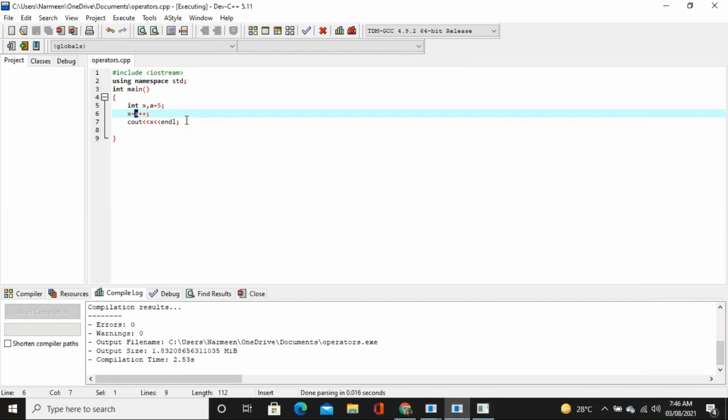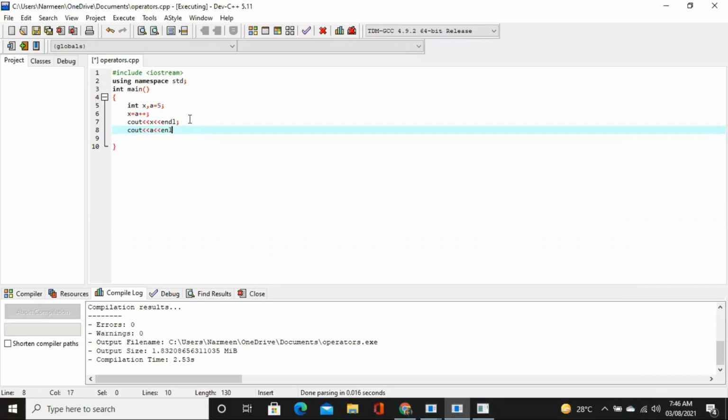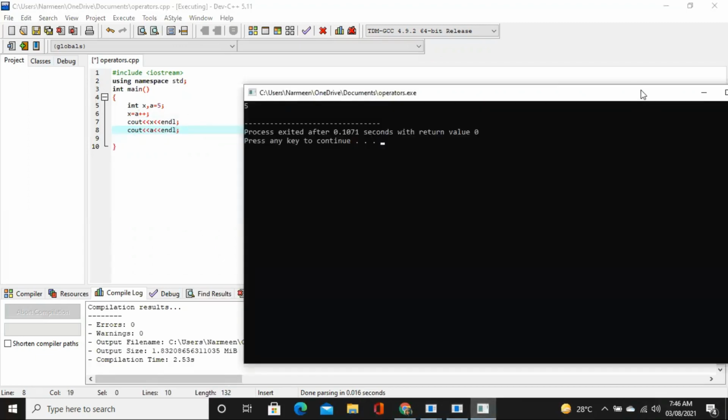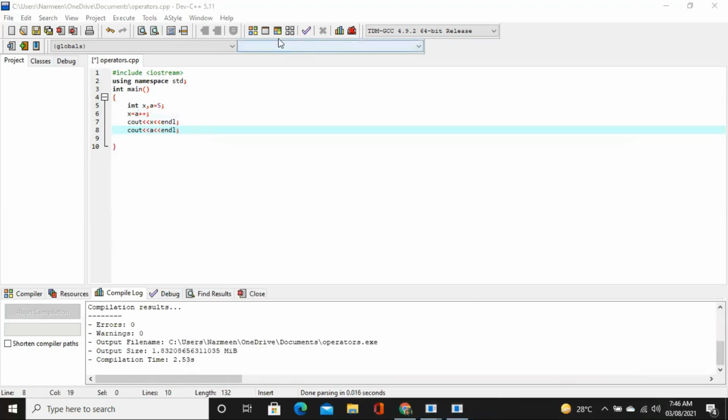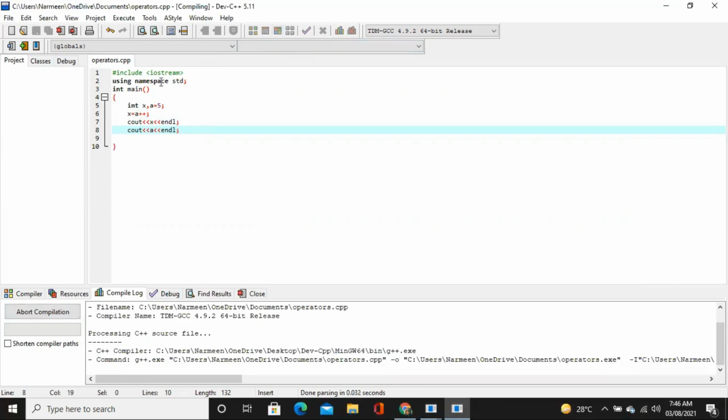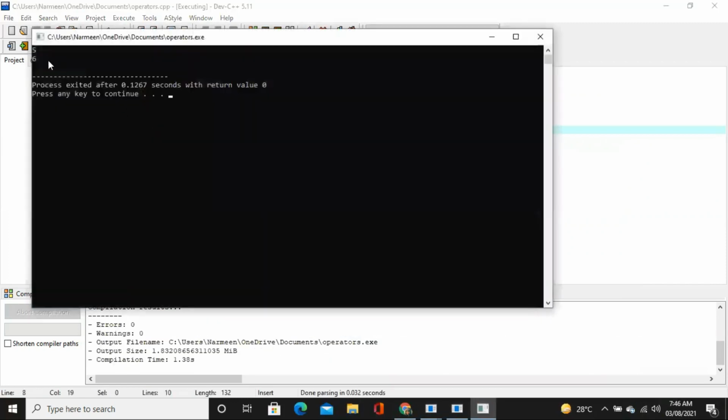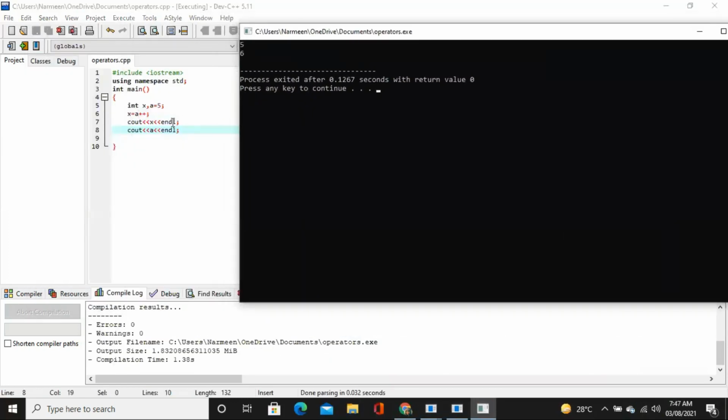If you did cout a over here, you would still get 6, because a has been incremented, but it was incremented post. It was incremented after your expression ran, after x was made equal to a. After that, a was incremented. So as you can see, a has been increased to 6, but x is still